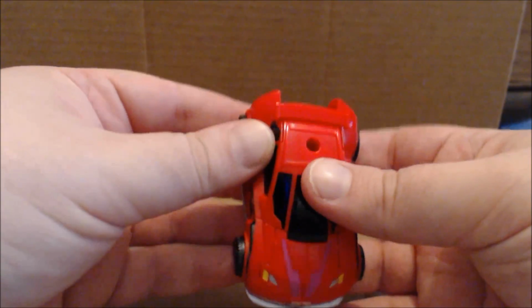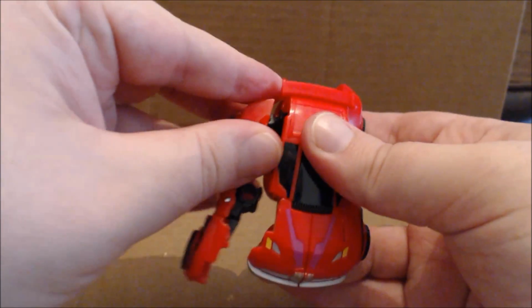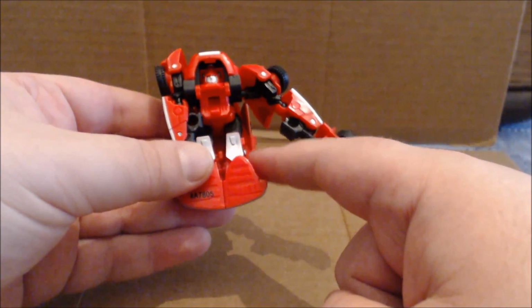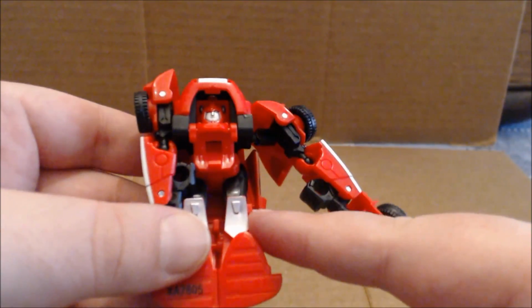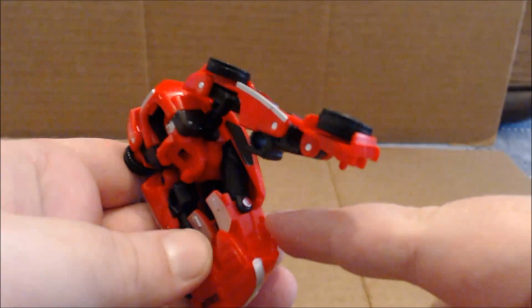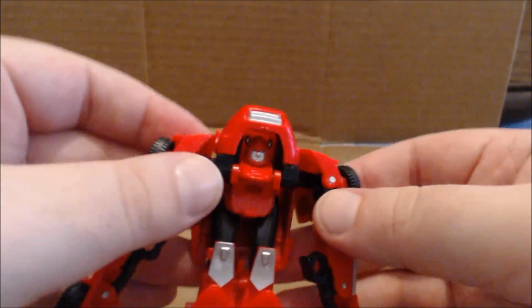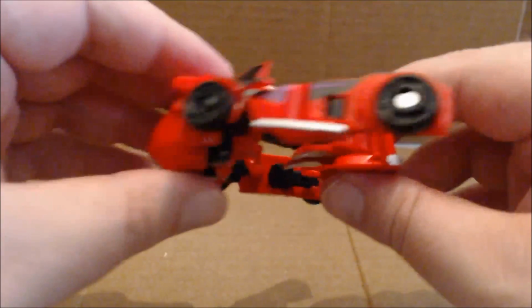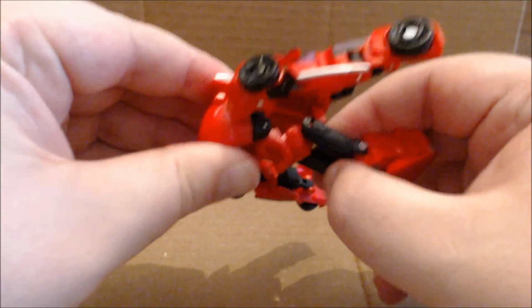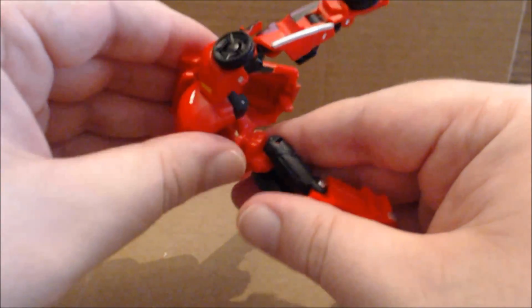So to transform, you just want to unpeg what will be the arms from the side here and swivel them down. Basically, this tab right here pegs into the inside of the arm, and there's a little tab here that will peg into the front of what would be the foot. So just bring those down, and look, Cliffjumper is looking at you. Next, you can just bring the vehicle around to the side just like this, and then you're de-quartering or flipping out